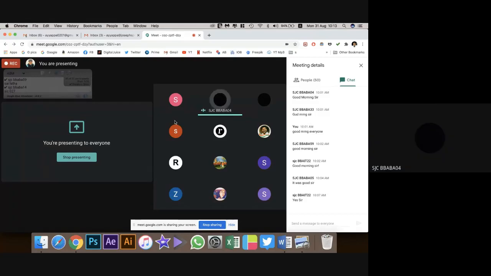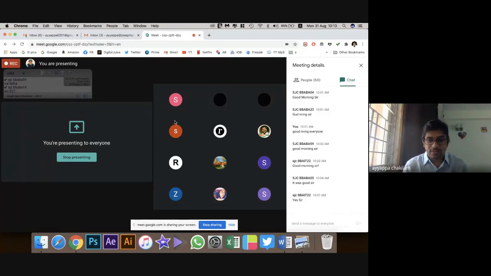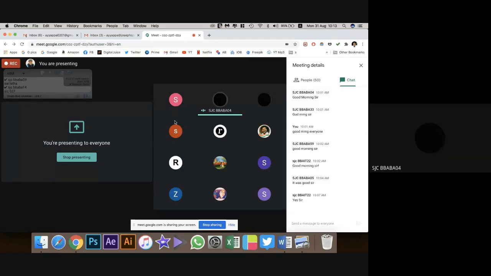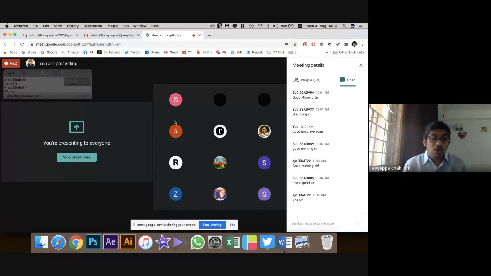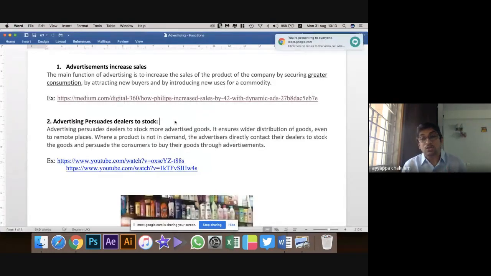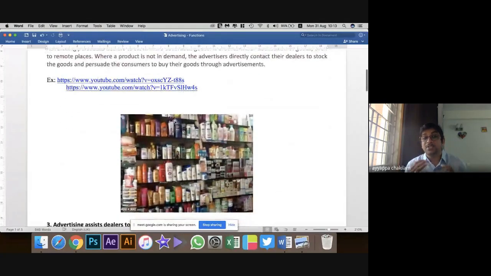Try to purchase and eat. So where do you go and try to purchase it? A general store. So a general store will also be seeing that ad. So the dealer will also be seeing the ad. So the dealer wants to keep that particular stock with him, anticipating that customers will come and purchase the product from him. So that's how advertising persuades the dealers to stock the products. When they see a lot of advertising coming up, there's a hope for the dealers that people might come in and ask for the product.